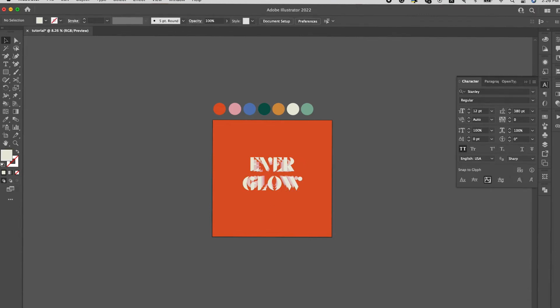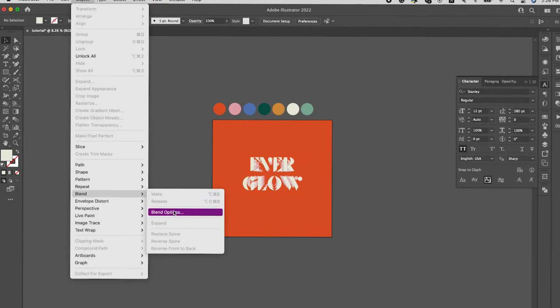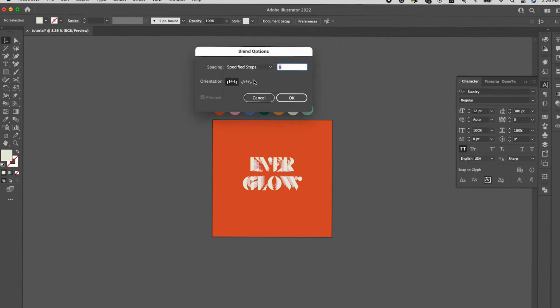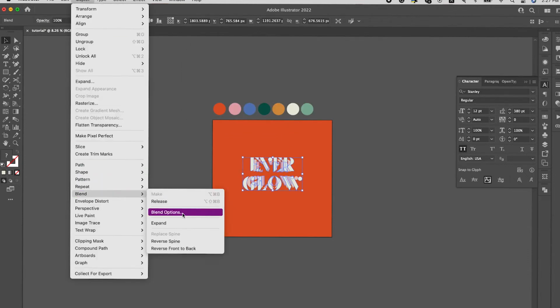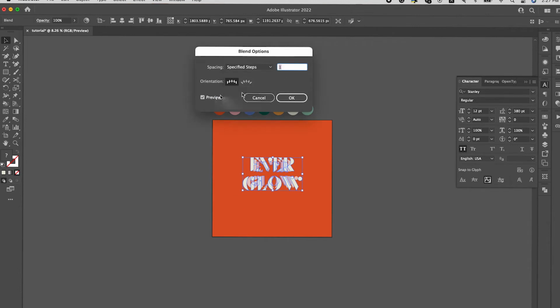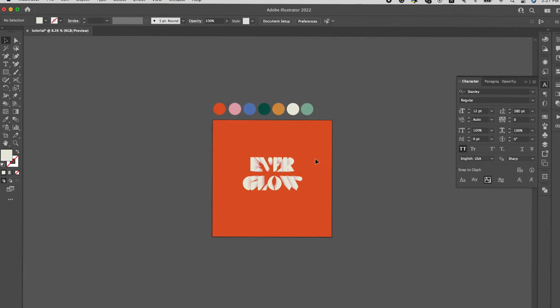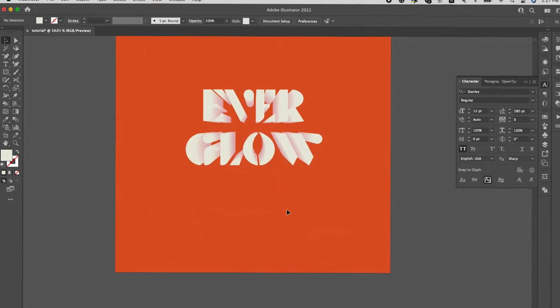So let's go back to Object, Blend, Blend Options. Steps, I've shown this a few times in my other videos. You can see how we do these blending options. So now if we want to increase, we can increase the steps so that it looks like it's blended. Let's go to maybe 100. Okay, usually 100 does the trick. So you can see there's this